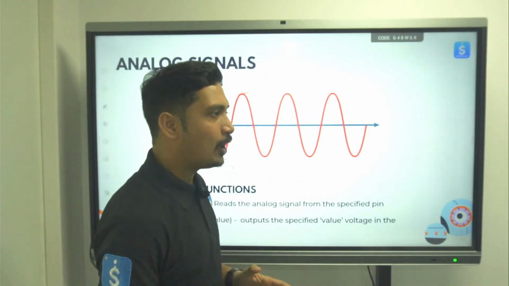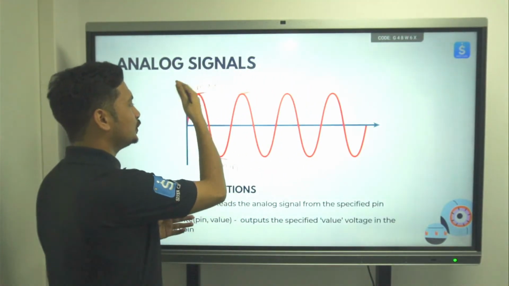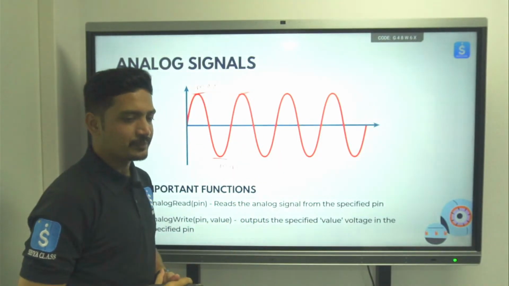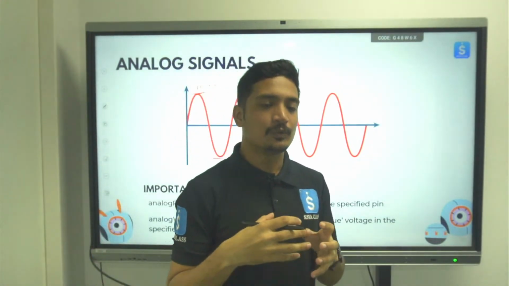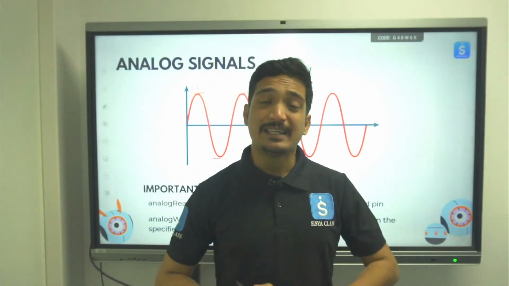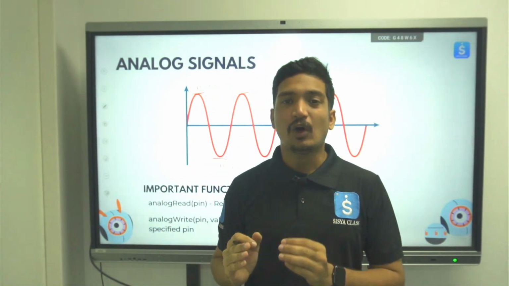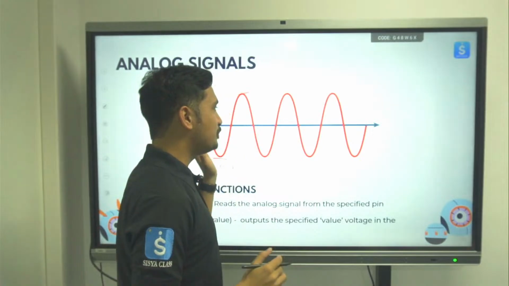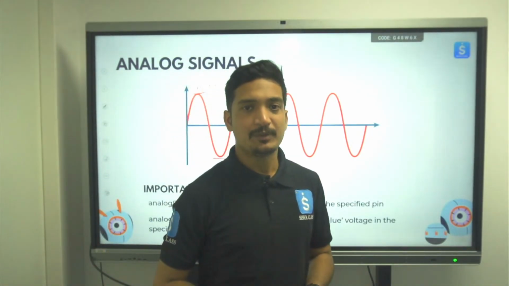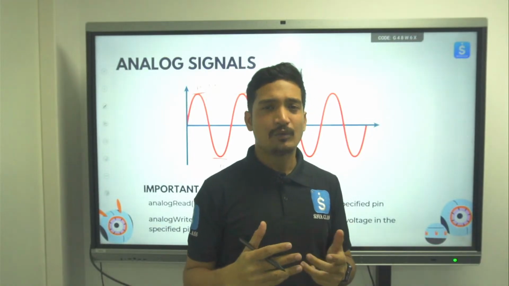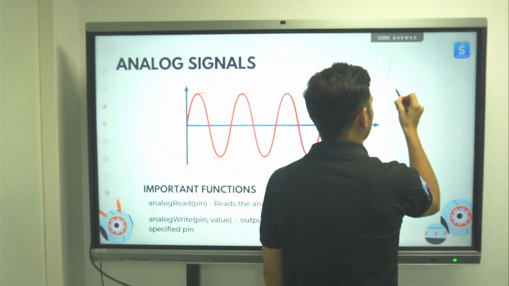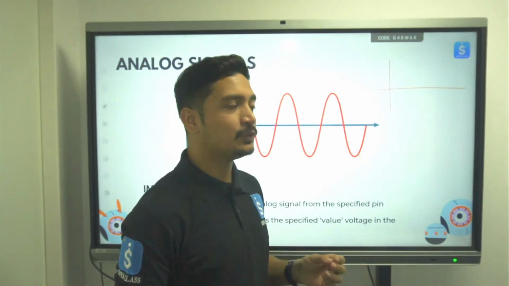Okay, if you plot the graph of an analog signal, usually you will get a sine wave which looks something like this. However, when you sense the values coming from a real life energy form, it's not always necessary that you will get a perfectly exact sine wave, because it can be irregular as well. Okay, the temperature fluctuation, the sound intensity fluctuation might vary, and for example if you use an equalizer to see the sound,